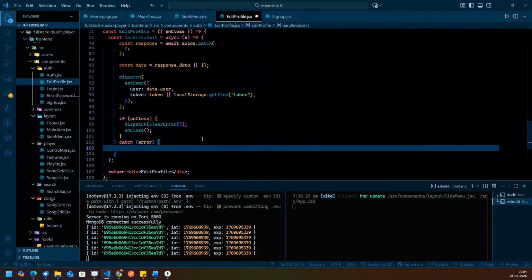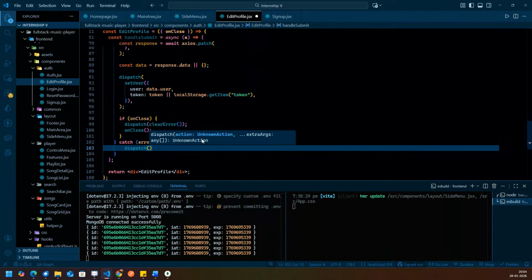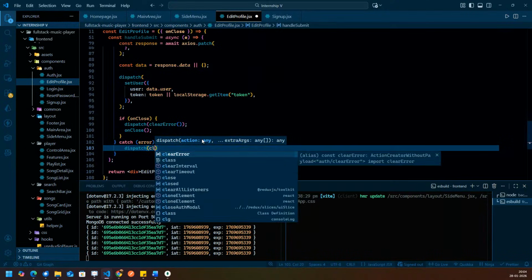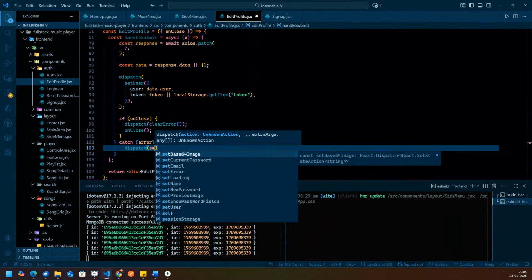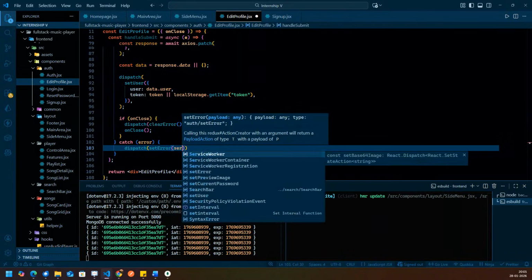Directly write the error that dispatch clear error. Oh, sorry, dispatch set error, server